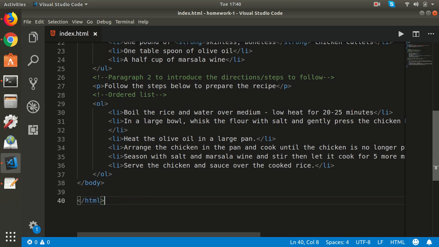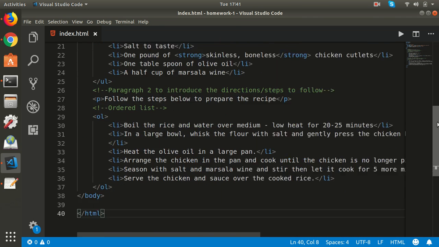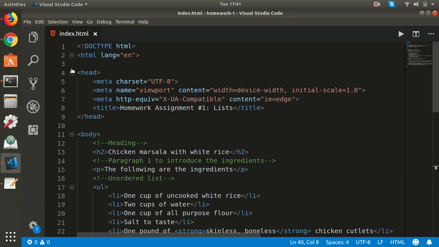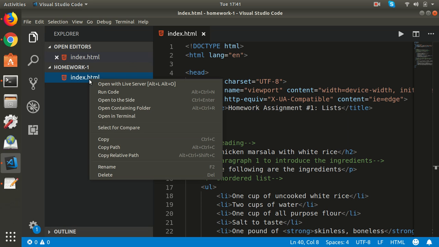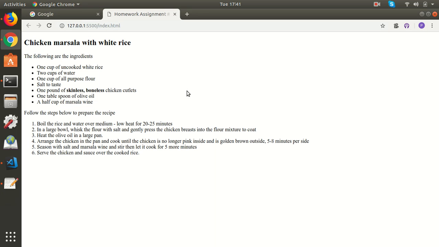Now at last you want to view this on a browser. So Visual Studio Code has got another extension which is a live server. So I'll open this file with a live server. As you can see, the server has been started at port 5500 and it has already opened in my Google Chrome browser. So as you can see, this is our H2 heading, chicken masala with white rice, and then